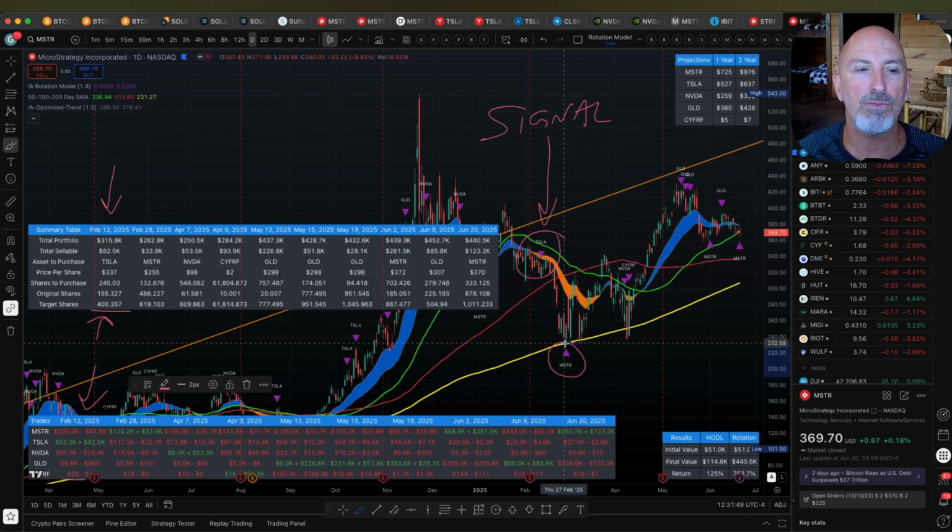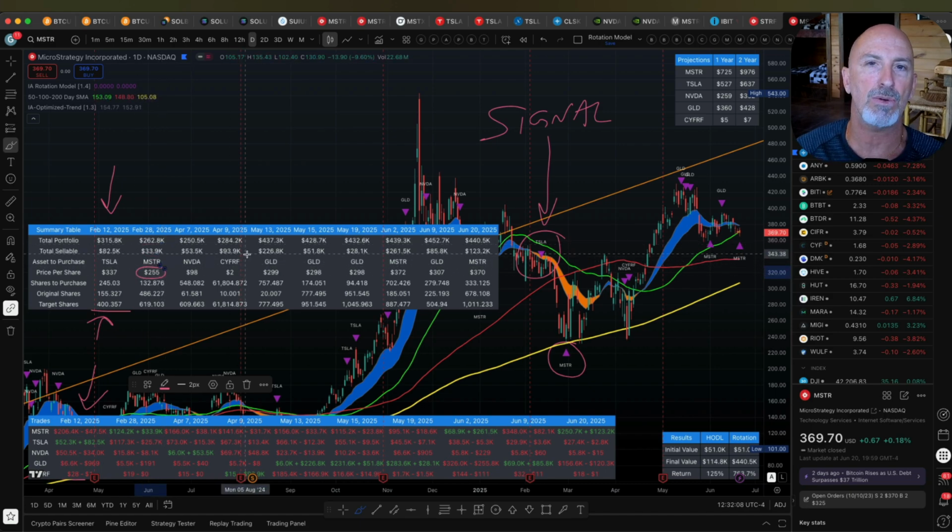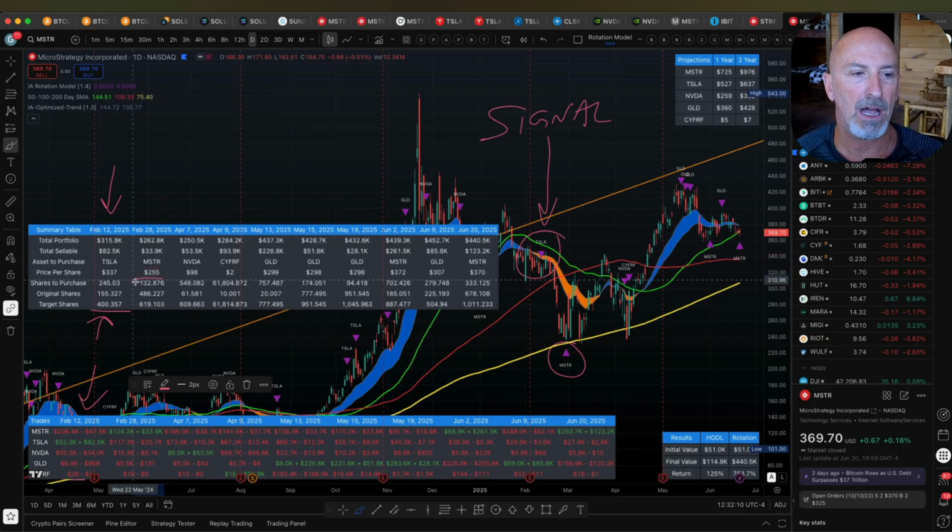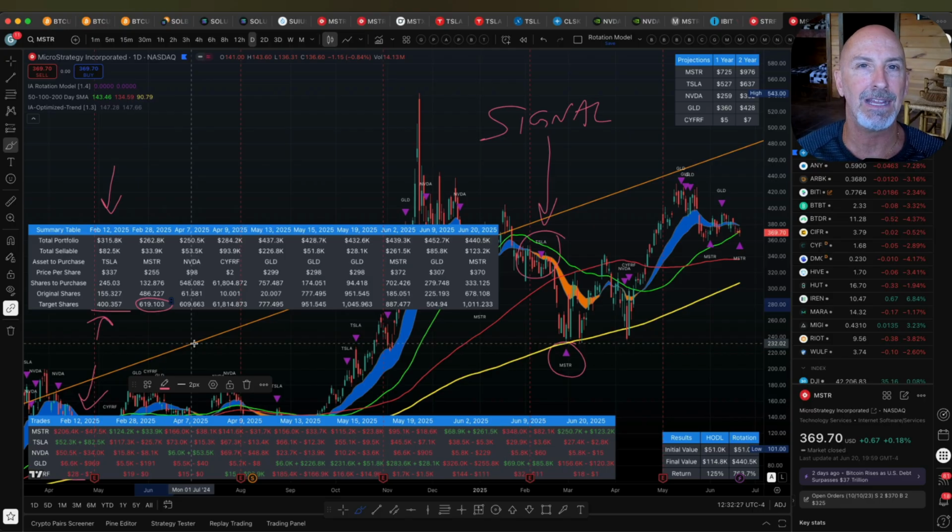It said, move into MicroStrategy. We had a portfolio value at the time of $262,800. We have about $34,000 worth of other assets that are sellable at the time. The asset that we need to purchase is MicroStrategy. MicroStrategy is at $255 a share at the time. We are going to purchase 132, almost 133 shares of MicroStrategy. That means that we originally had 486 shares of MicroStrategy, and that will bring our total to 619 shares of